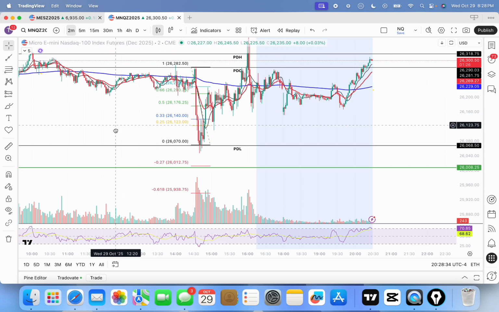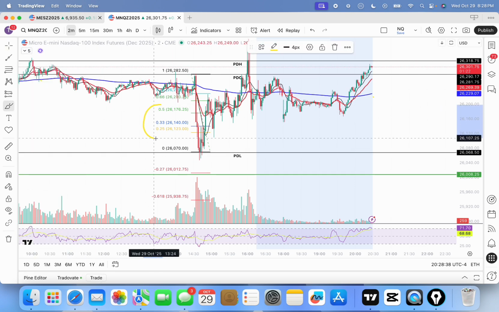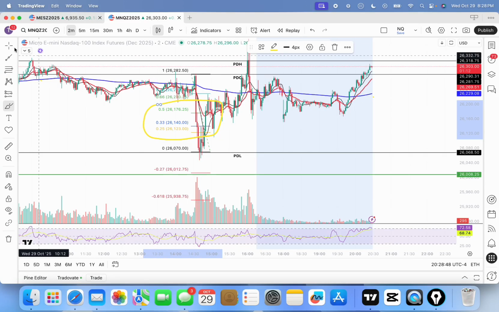Now, this area here is called the golden zone. That is the main area of retracement or pullback. So when you have a big move, like this big downward move here, this area is typically where price will pull back to and then reject if it's going to continue. If it does not reject at one of these